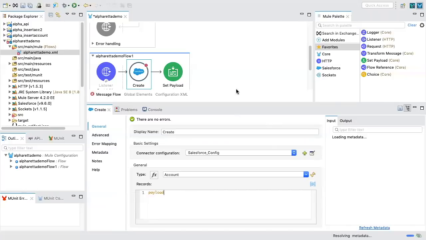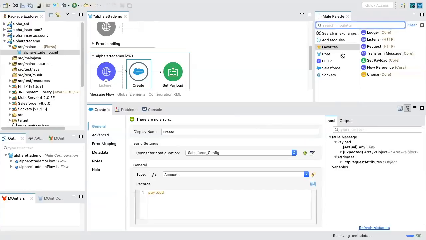Perfect. So for the mapping, we see the transform message here. This component, we need to drag and drop between two places, from where the data is coming and where the data is going. But which data from here is going to which data here, we need to do the mapping. So we need to get the transform message and drop it here.